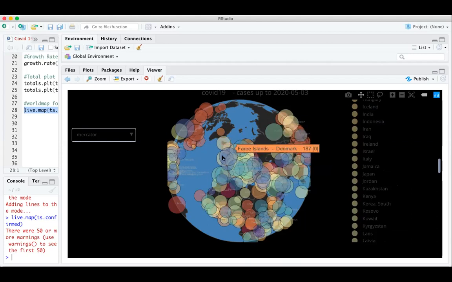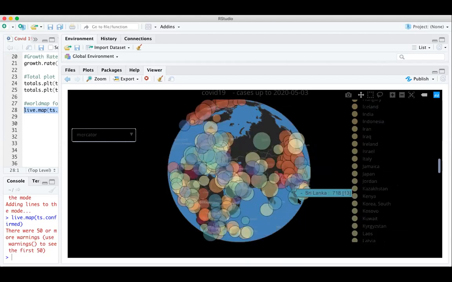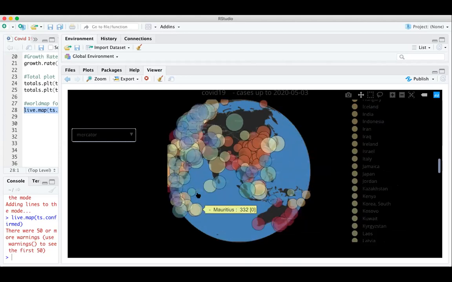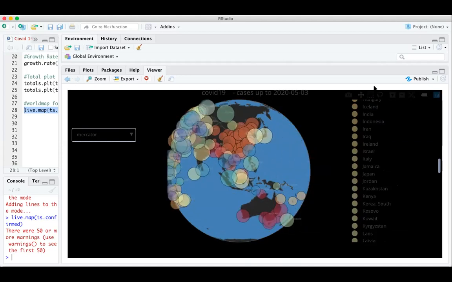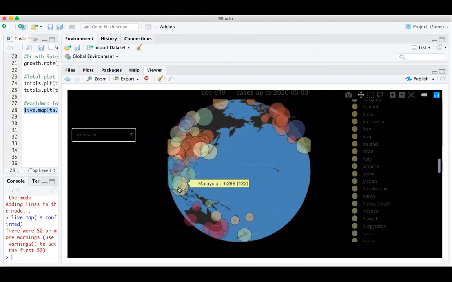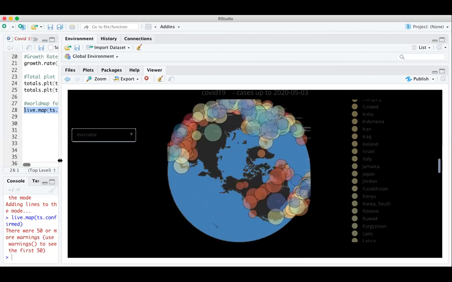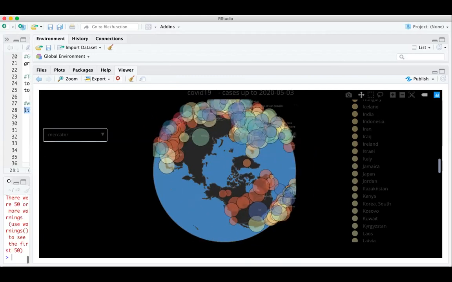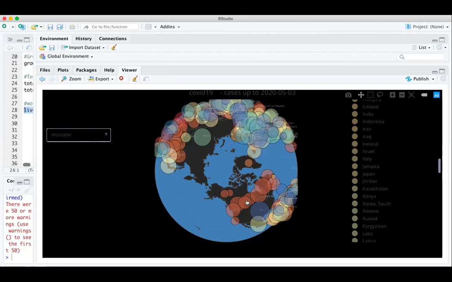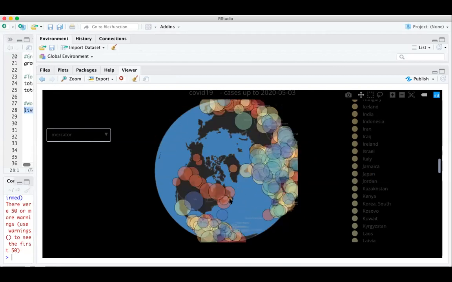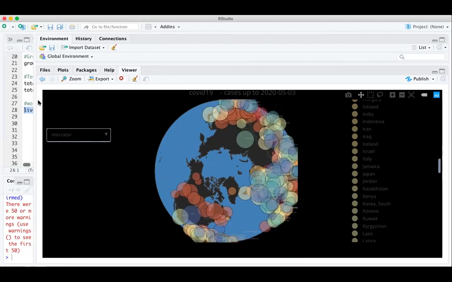Okay, and similarly you can rotate the earth, rotate the map and find out the confirmed cases of any particular country. Correct. So this is Iceland, Russia. So these are all the confirmed cases. Okay.